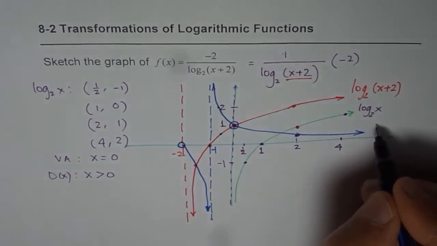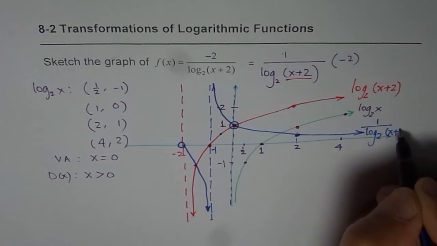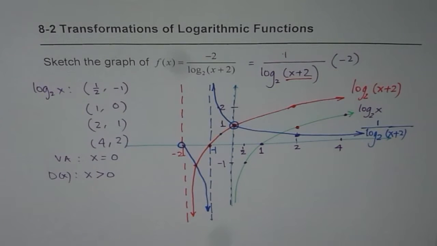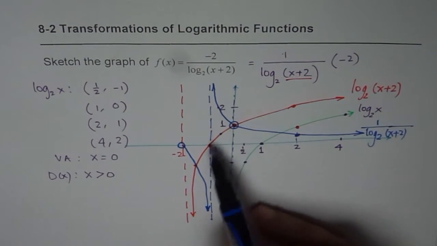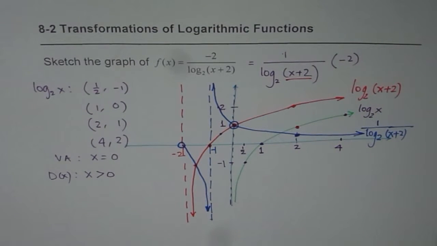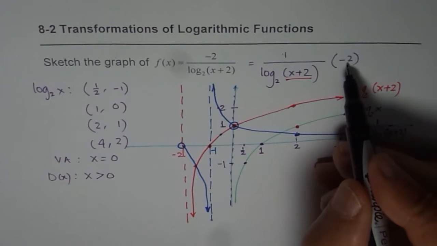So let me write this as 1 over log to the base 2 of x plus 2. I'm purposely giving you all simple steps so that if the question is this, you know how to draw it, correct? Now we will do the last and final part of this graph, and that is multiply each point with minus